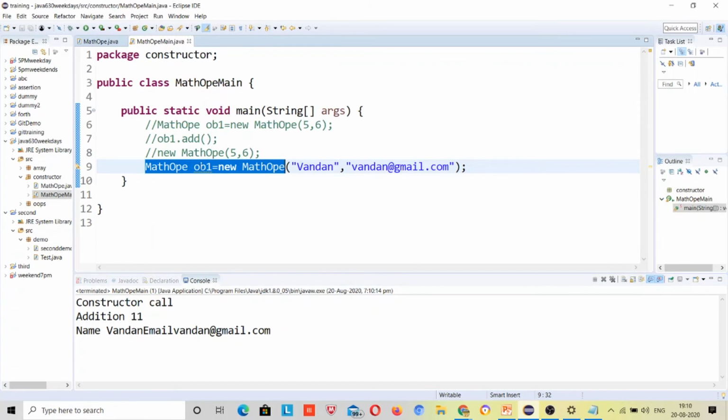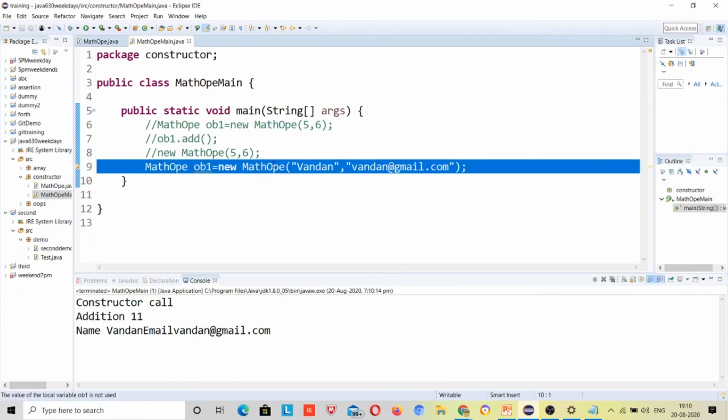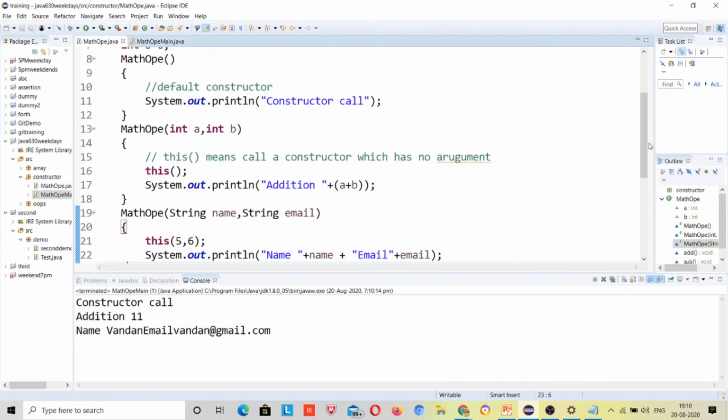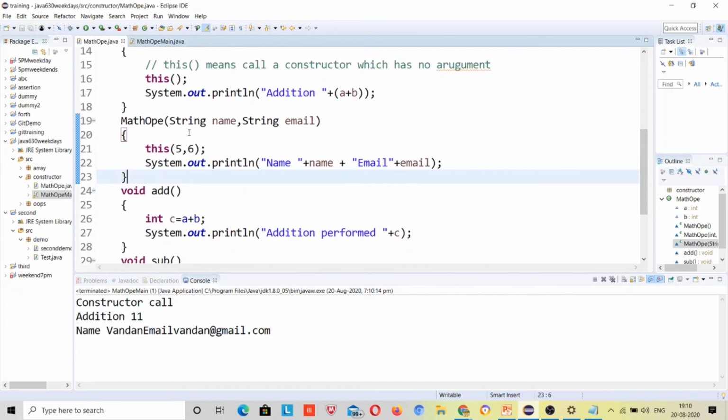What happened? First it called a constructor which has two string parameters, so it directly jumps into that constructor which has two string parameters, right? When it came here, I said that this means call a constructor which has two integer parameters. 5 and 6 are two integer values, so it will directly call the constructor which has two integer parameters.